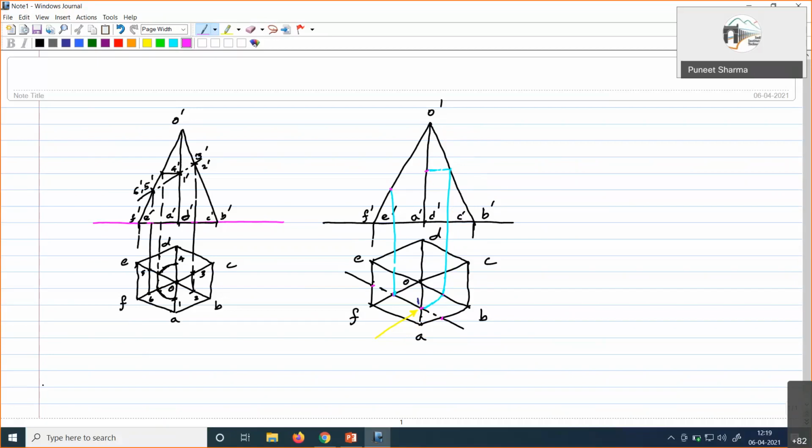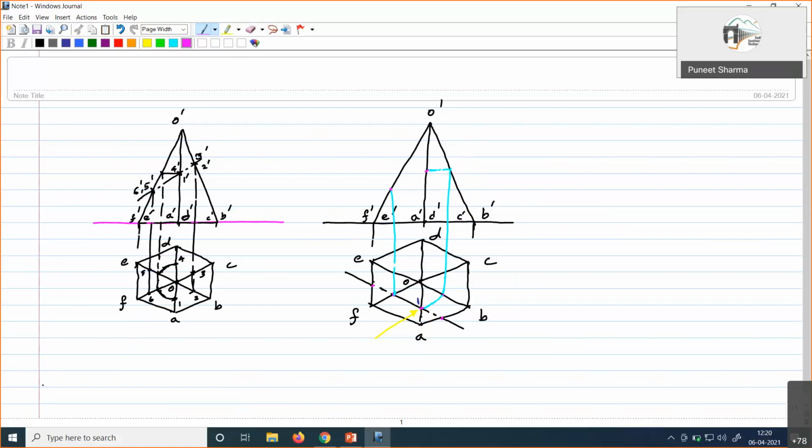Like this we are able to do because of one particular reason, that all the slant edges of this pyramid, right, they make the same inclination with the horizontal plane. So because of that, this location we can identify in this fashion because all the edges are making the same inclination with the horizontal plane. So that is why these distances like OA, OB, OC, OD, all these are actually the same. Lengths are the same. So we can mark on it and then we can locate it on their respective front view. So that is what we are doing.